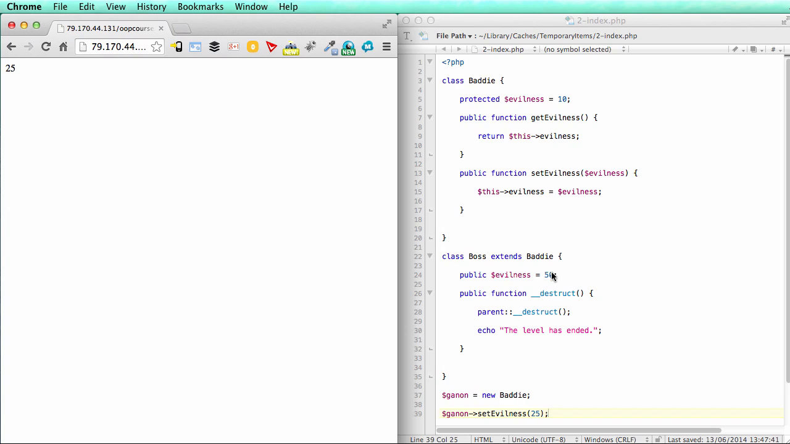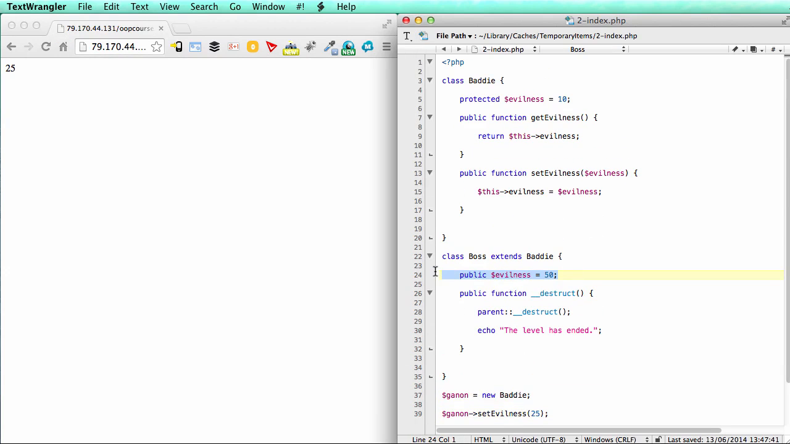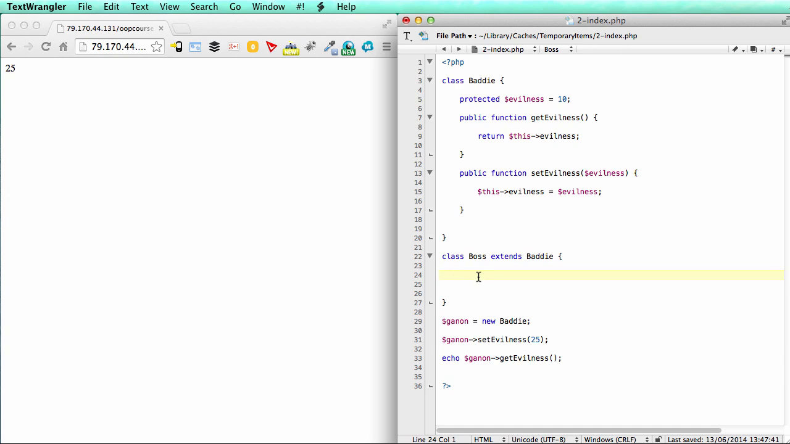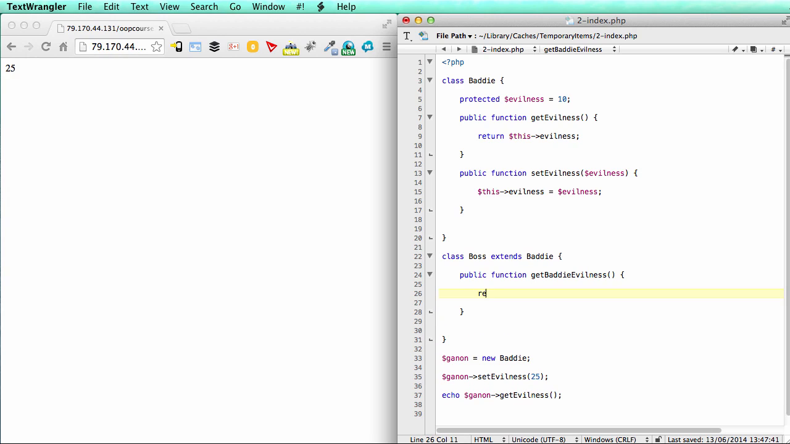Now, what about subclasses, you might be wondering? Can a subclass access protected properties from the original class? Well, let's find out. Let's get rid of this line, and in fact we'll get rid of the destruct bit for now as well. So if we create a function, let's call it getBaddieEvilness, and we'll instruct the function to return this